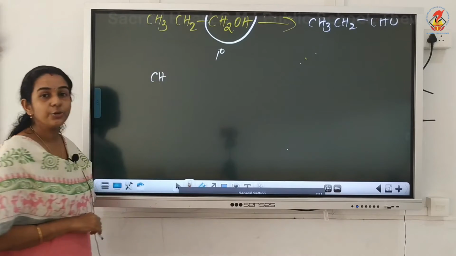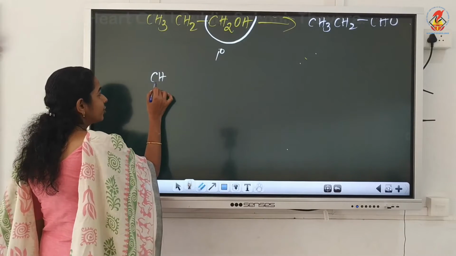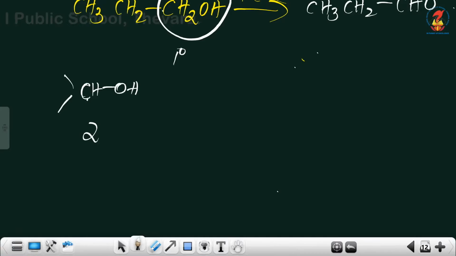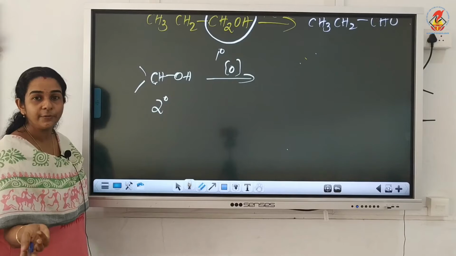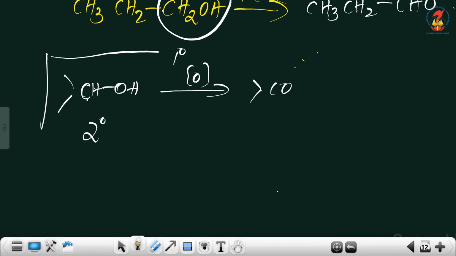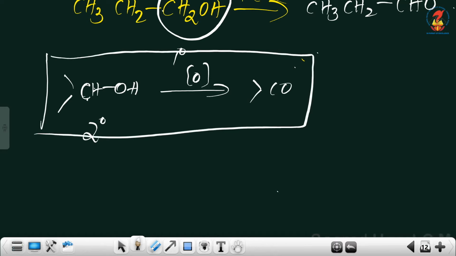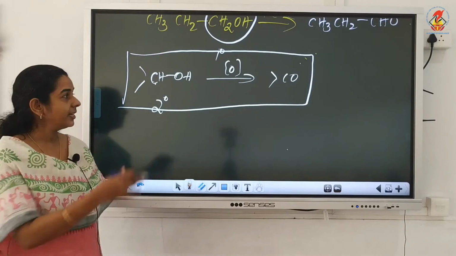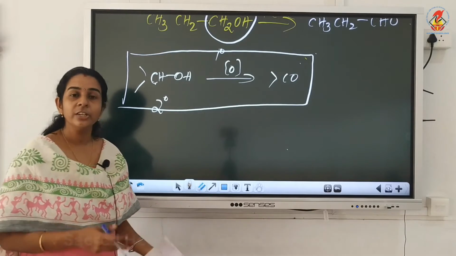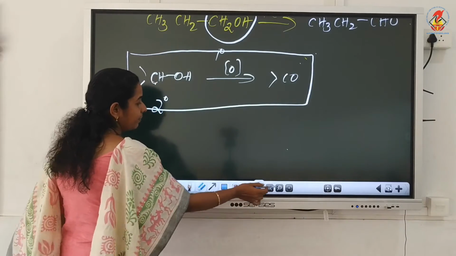What is the general representation of a secondary alcohol? It is CHOH with 2 free valencies. It represents a secondary alcohol. Secondary alcohol on oxidation, we are getting... Oxidation means removal of hydrogen. If we are removing these 2 hydrogens, what remains? CO only. That means we are getting a ketone. Very important. Secondary alcohol, always on oxidation we are getting ketone, whether it is a mild oxidizing agent or a strong oxidizing agent. For example,